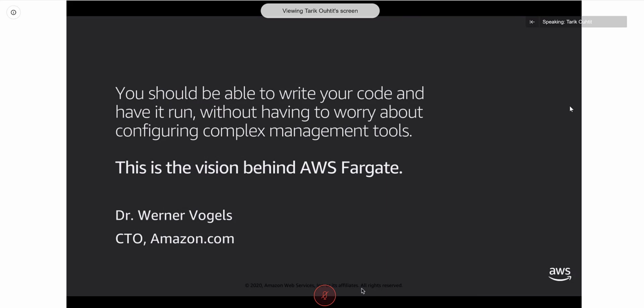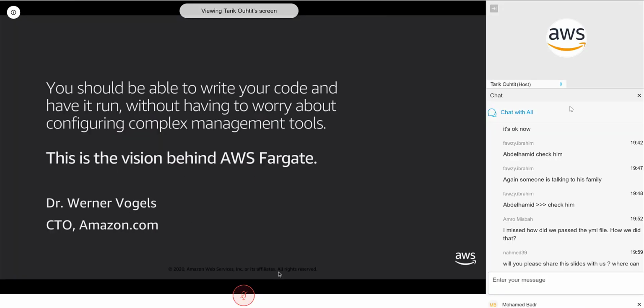Okay, next up I want to talk about an even cooler, in my opinion, feature for EKS. I want to lead into this with a quote from our CTO, Dr. Werner Vogels: you should be able to write your code and have it run without having to worry about configuring complex management tools.